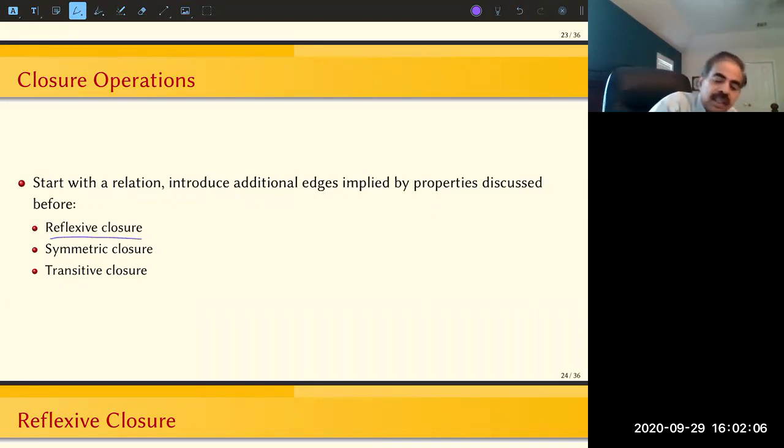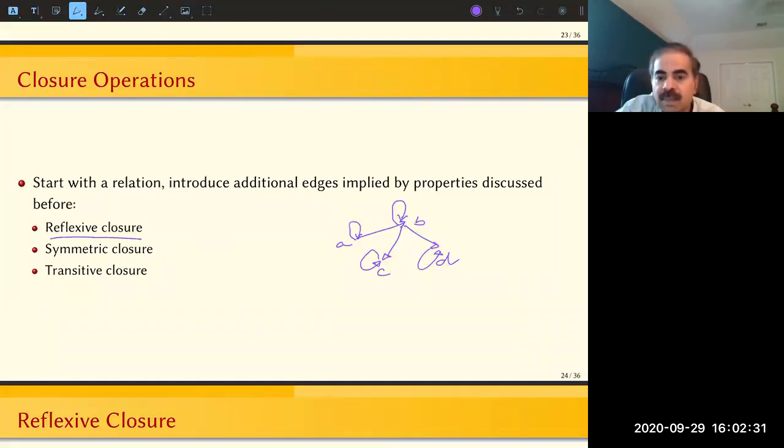So for instance, we can start with a graph and we can do a reflexive closure, which means that we are going to add self loops at every node. So when we do that, we have applied what is called a reflexive closure. Okay. So similarly, we can start with,